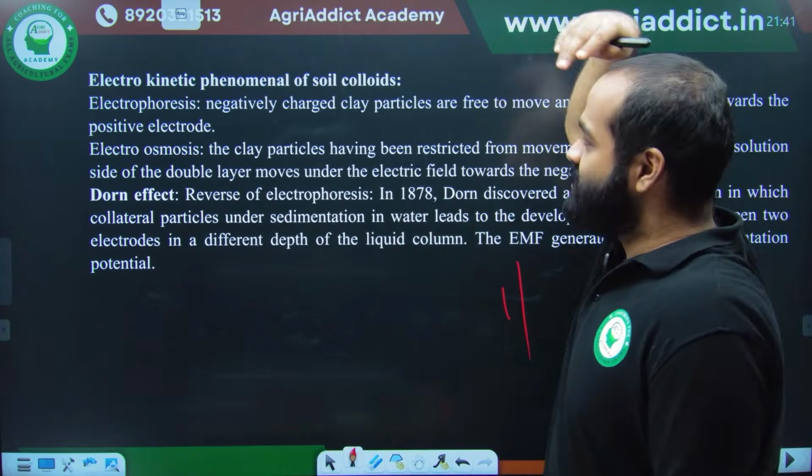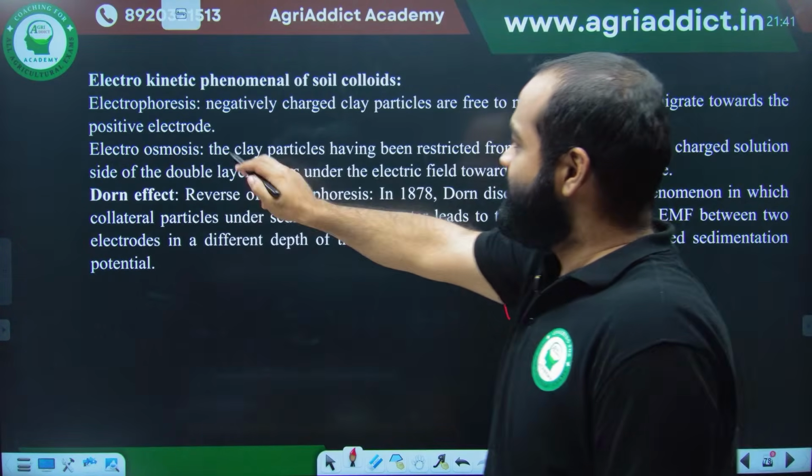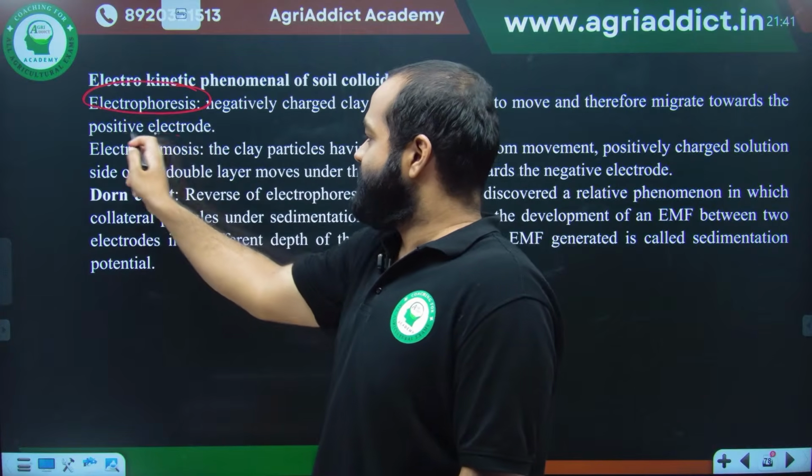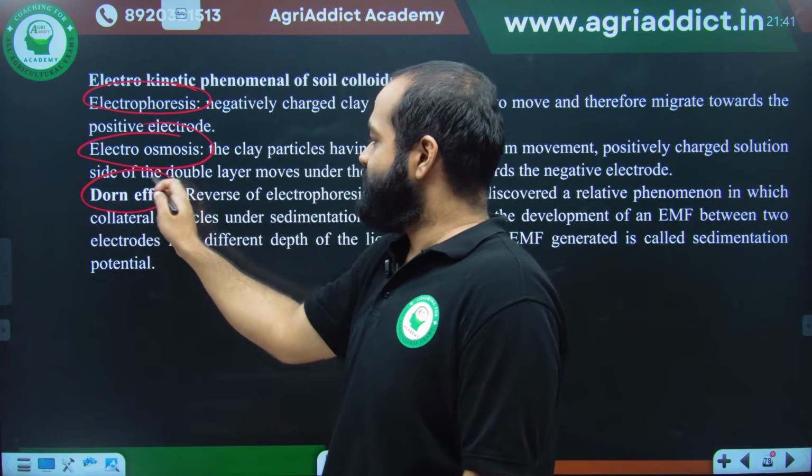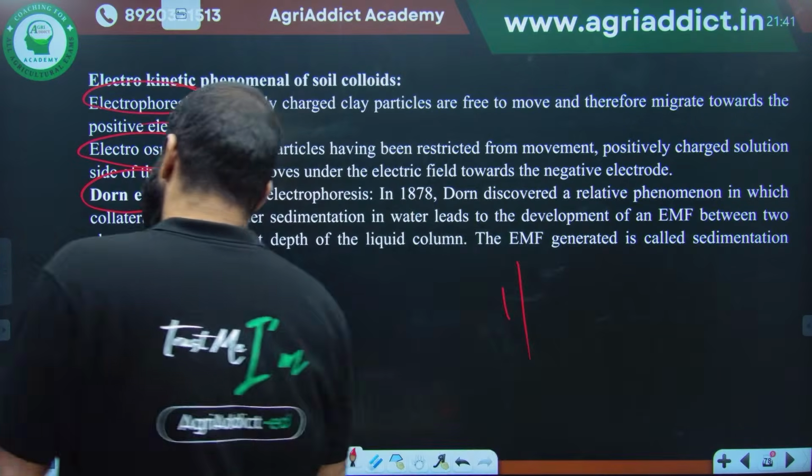electrokinetic phenomenon. I think you might have read that electrophoresis is there, then electroosmosis is there, then Dorn effect is there, and another one is not listed here. That is the